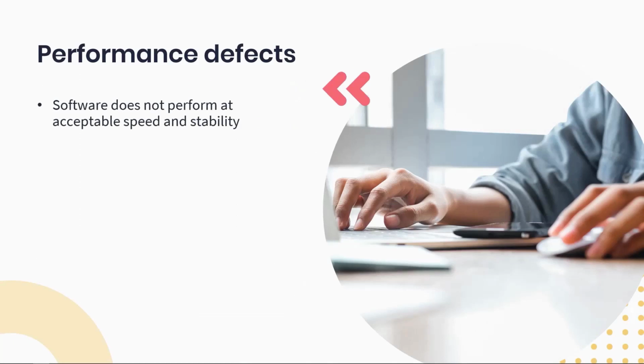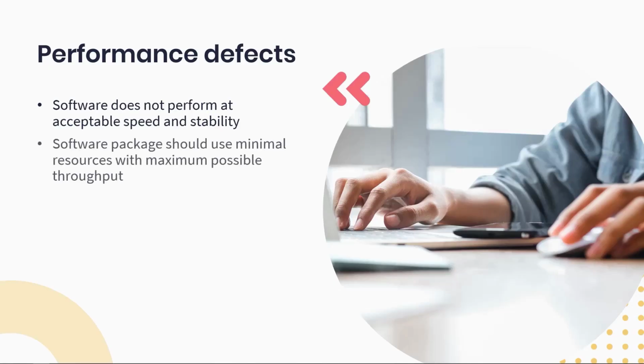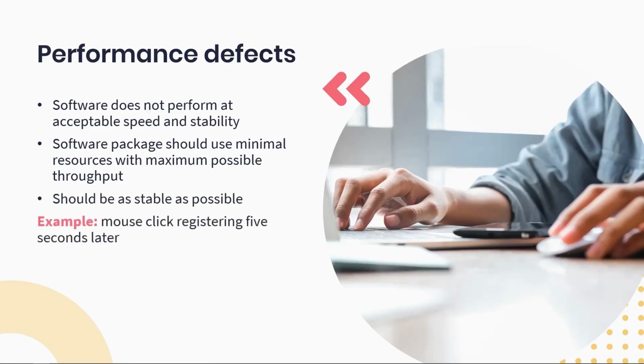Performance defects is the term used to describe when the software does not perform at an acceptable speed and stability. This is what is tested for during performance testing. You remember from previous lessons that any software package should be able to use as little resources as possible while having the maximum possible throughput, which equates to efficiency. The software package should also be as stable as possible in the target environment. If, for example, your program only responds 5 seconds after a mouse click, then its performance is certainly not up